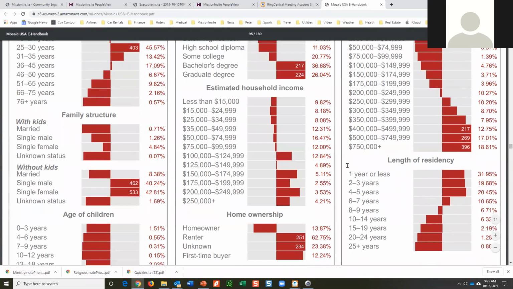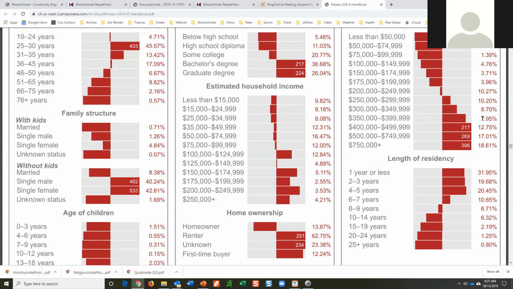So if you're going to connect or have a vital ministry with the households in this classification, you're going to need to connect with them fairly quickly because their length of residency is pretty much less than 7 years. They're going to be gone, most of them, or turnover. So what does that mean? How do you integrate that into your thinking?